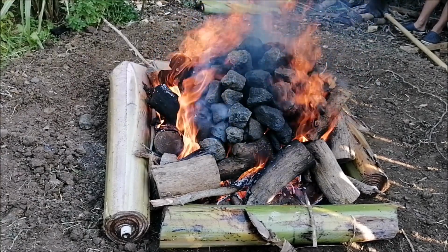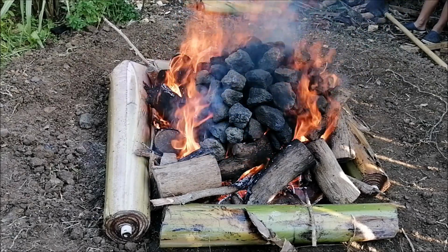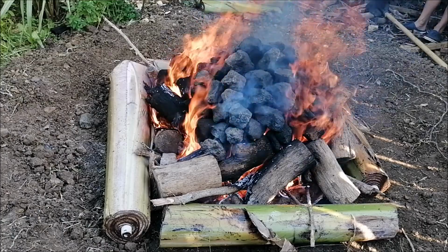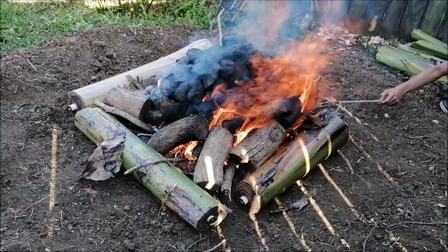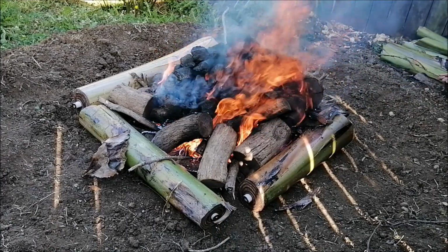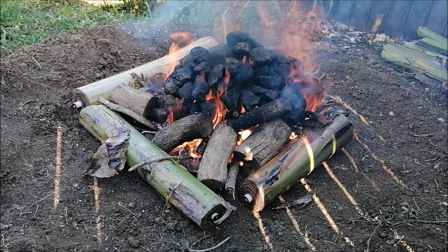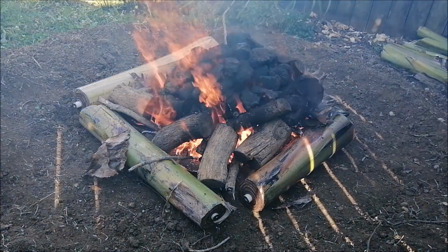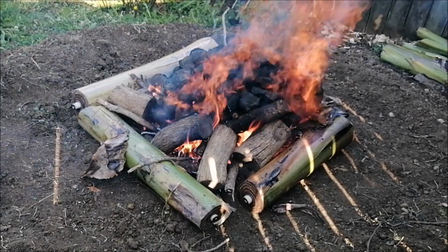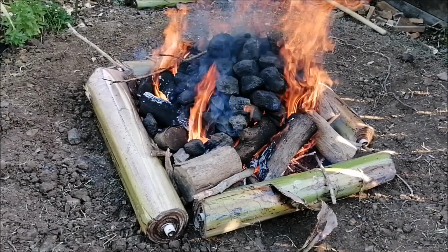So while our rocks are heating up, I'll give you a bit of a background to the hāngī and why we do it. Basically, this way of cooking is kind of the heart and soul of Māori and other Pacific Island cultures. It's not just about the food either. It's the whole process of doing a hāngī, of getting together with family, with people, and harvesting your own local food, either from the land or from the sea, and collecting the materials used for heating, for wrapping, preparing materials and cooking it, and then after the eating bit's done, we also return all of those materials back to the earth,